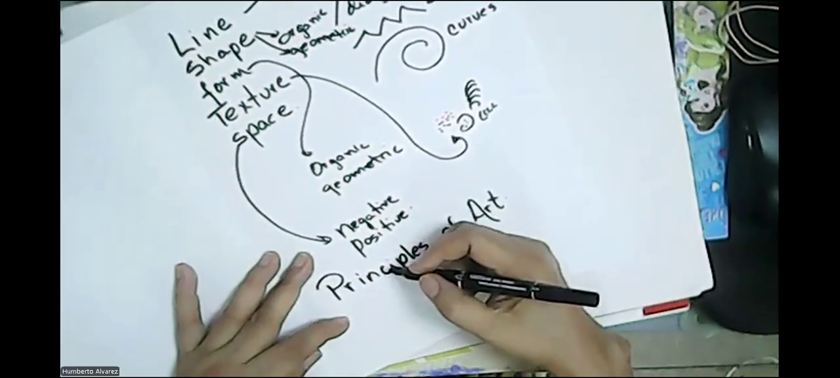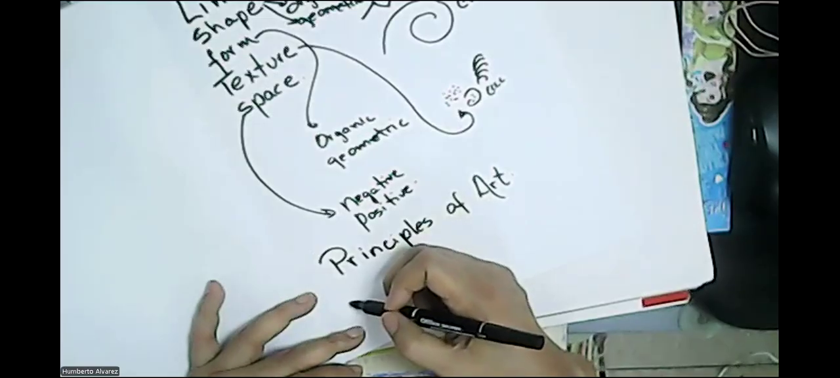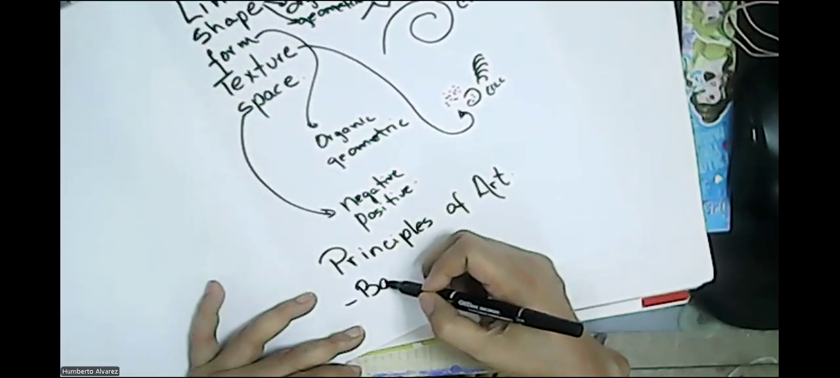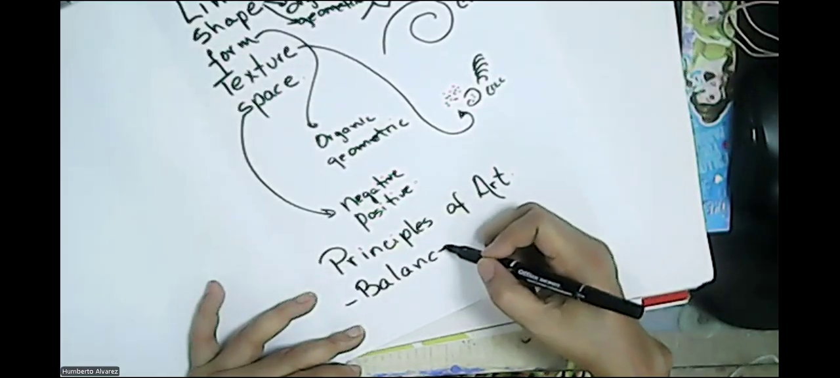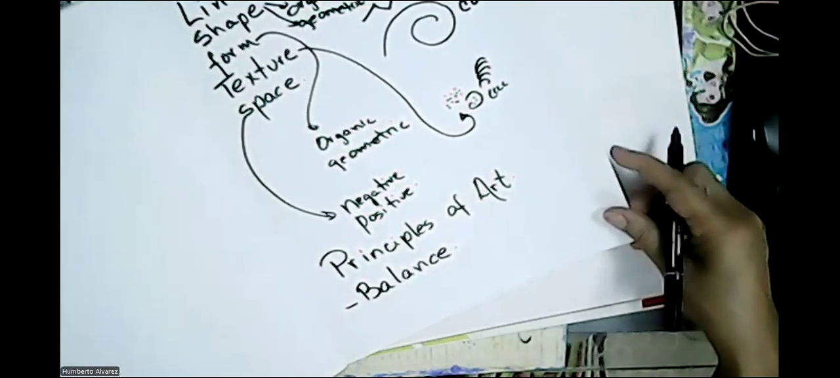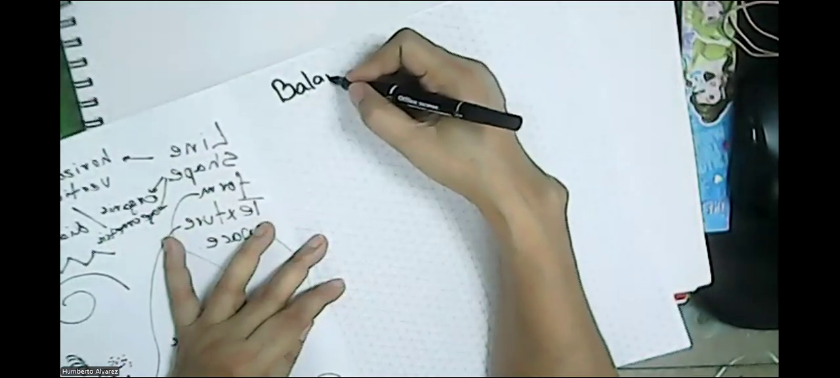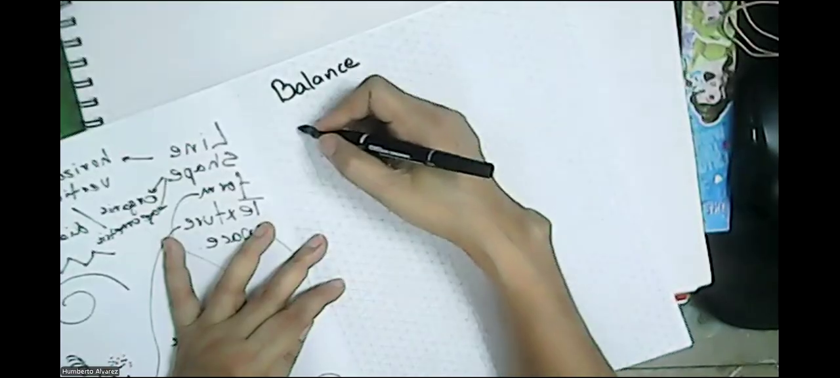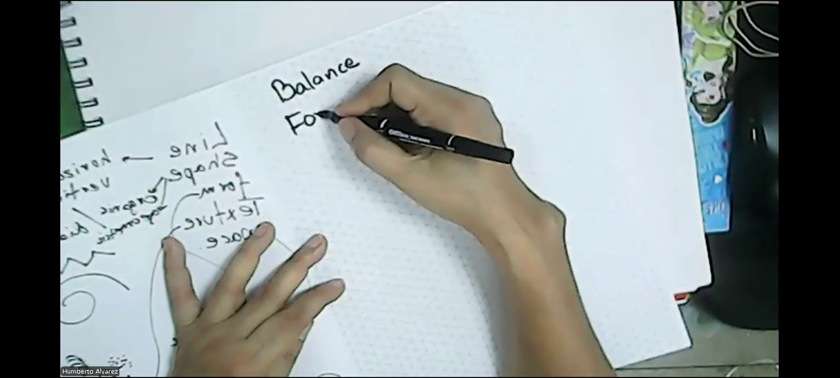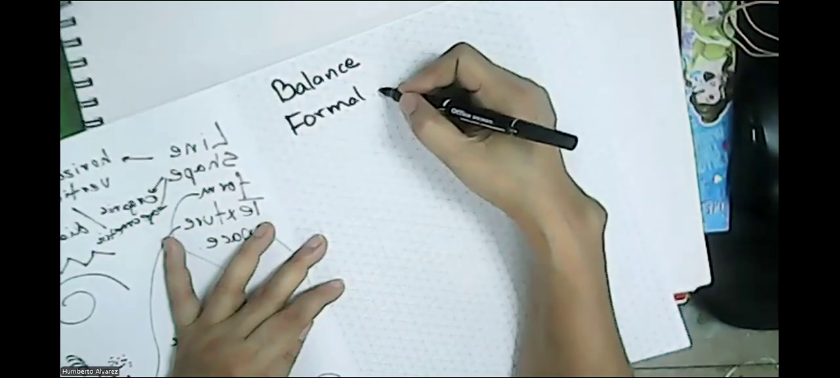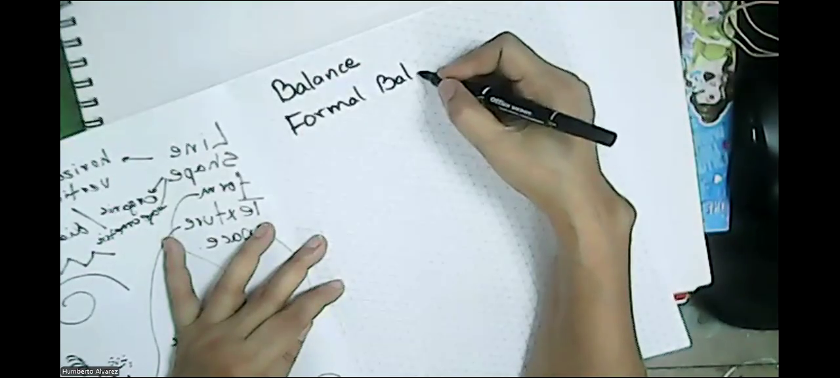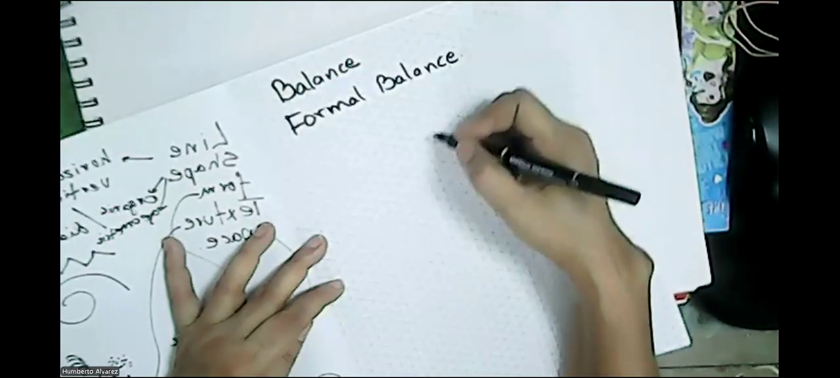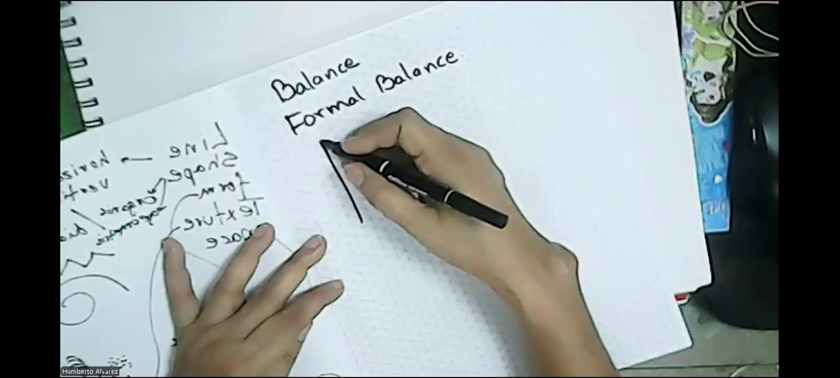And the first principle of art that we are going to study is called balance. Now, there are three types of balance. Go here. Balance. We have formal balance, in which if you have